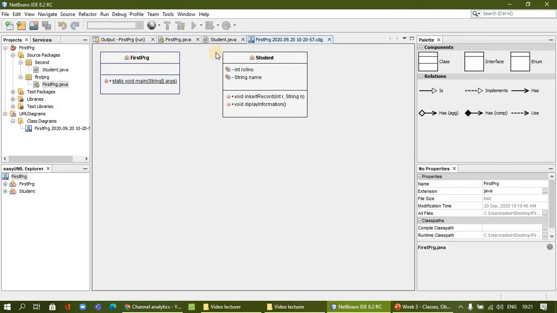And on the other side we have the student class here. So it's the first part, the class name. In the middle part of this diagram is the variable or field name, and in the bottom we have the methods insert and display. You can just observe that there is a plus sign here. This is the visibility, and for the field name it is private, so it is minus. And now I will just change it for your understanding.